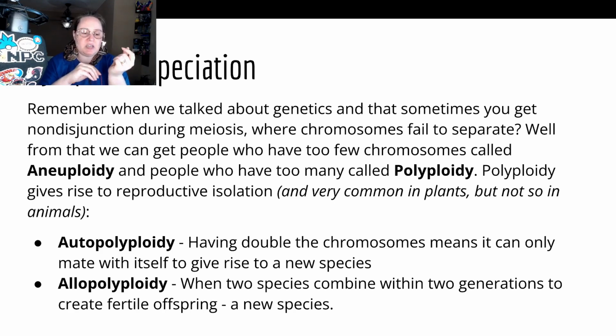So sometimes we get creatures that don't have enough chromosomes. It's called aneuploidy, so you don't have the right amount. And if you have too many, it's called polyploidy. Now, some creatures, like plants, deal with having too few and too many chromosomes way better than we do. We, as humans, don't deal with it very much at all. Polyploidy, we can deal with to an extent, like trisomy 21. That gives us Down syndrome, but otherwise an individual can live.